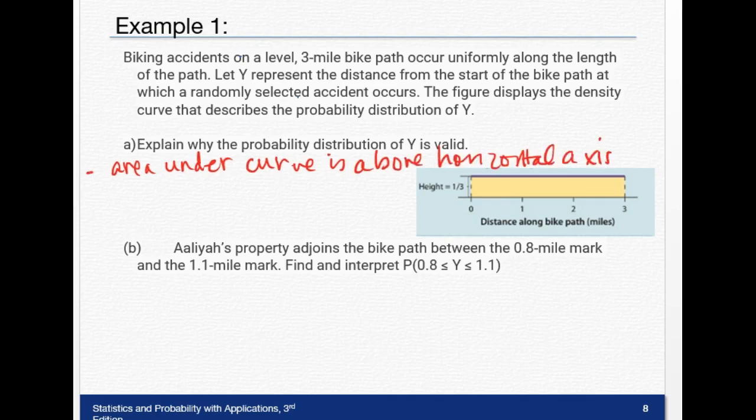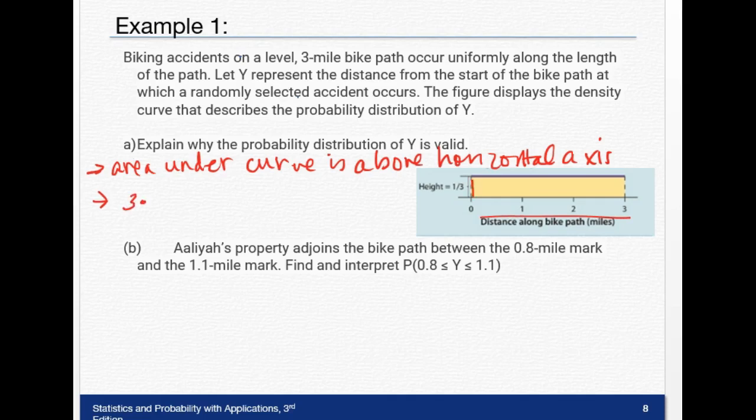Okay, that's the first criteria. The other criteria is that the area under the curve has to add up to 1. And we know that it does because think of this as a rectangle. Think of rectangles as length times the width, and you need area, right? So if the length of this is 3